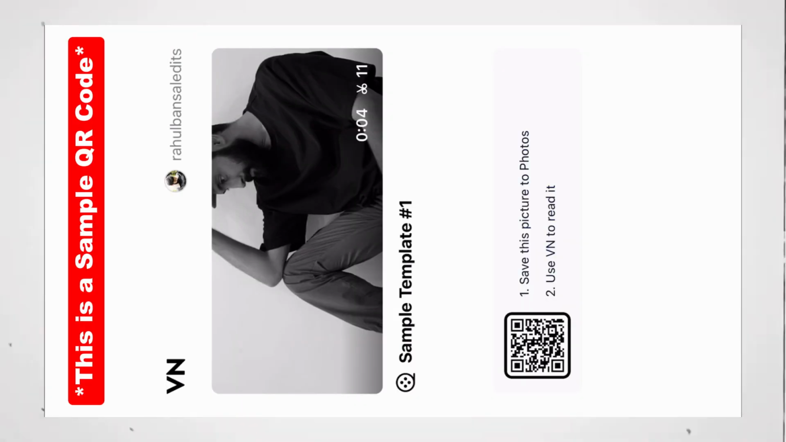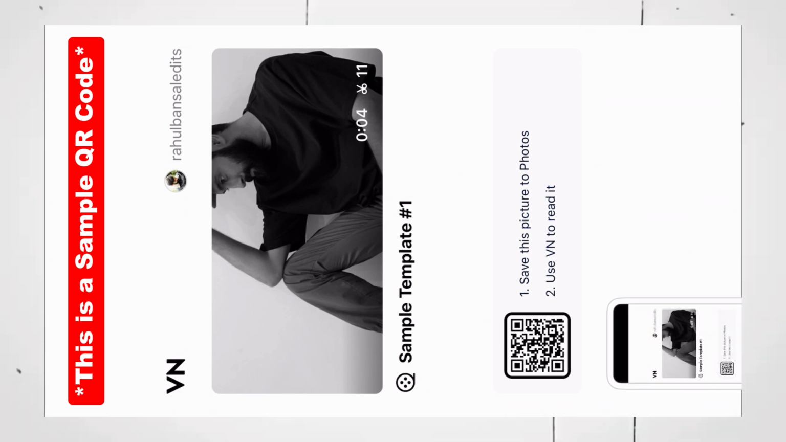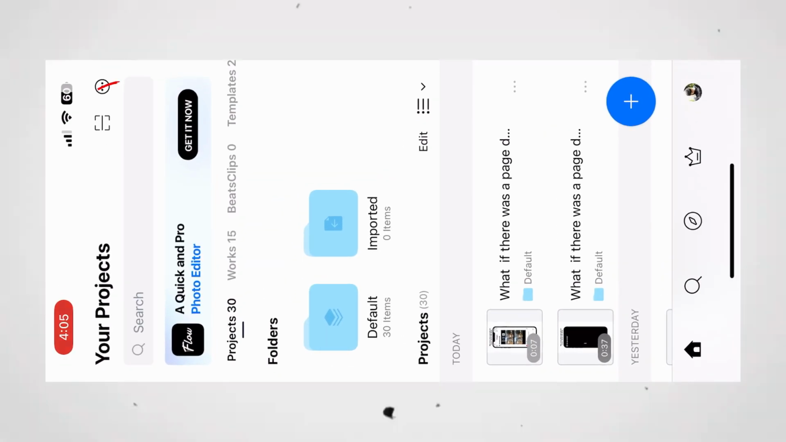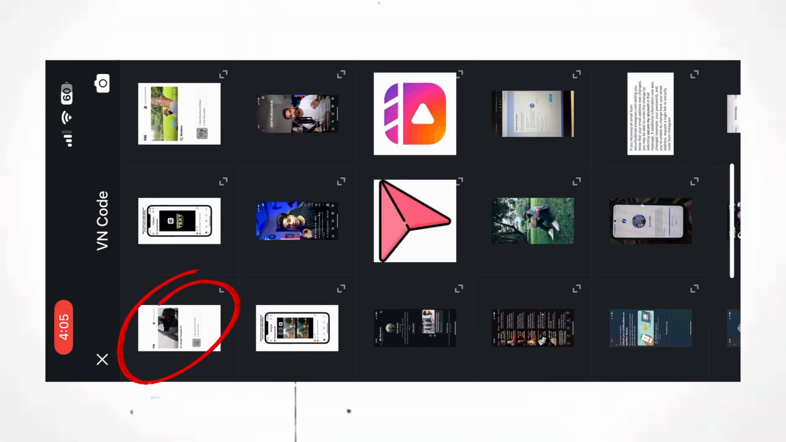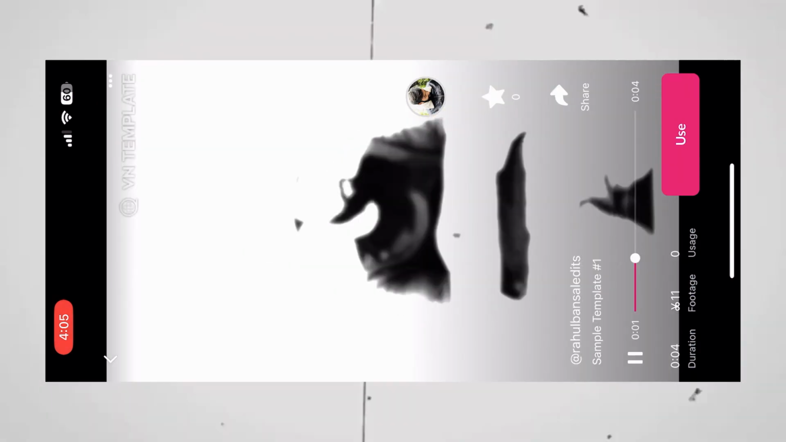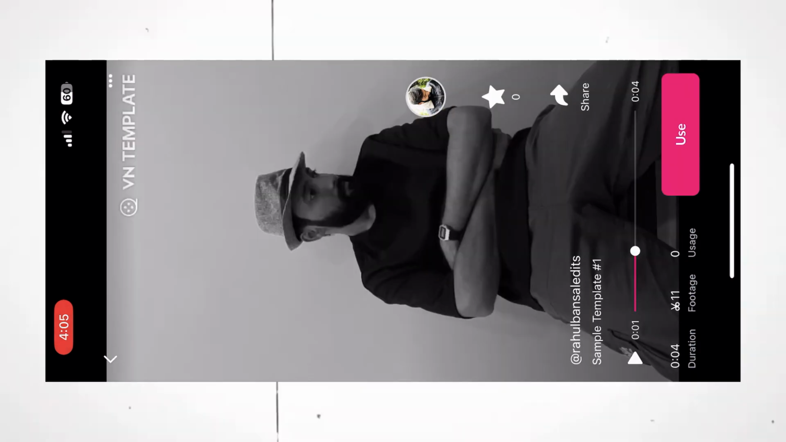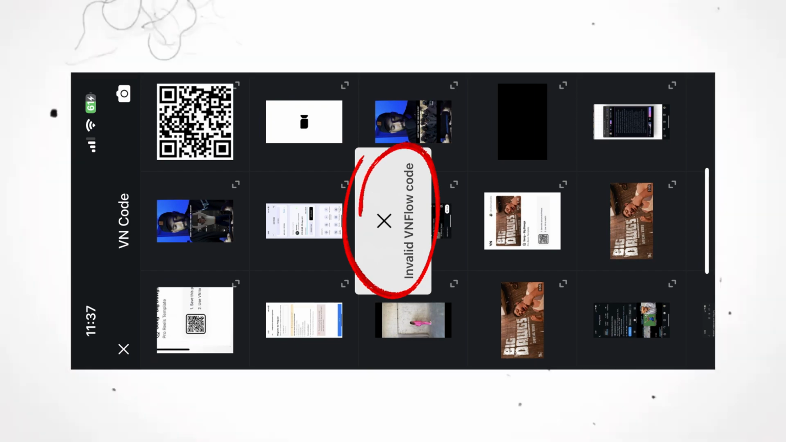Once you see this type of photo on your screen, all you have to do is take a screenshot of it. Now open the VN app, click on this scan icon, then click Media, and upload the screenshot you just took. It will automatically scan the QR code. If the VN app says QR code is invalid,